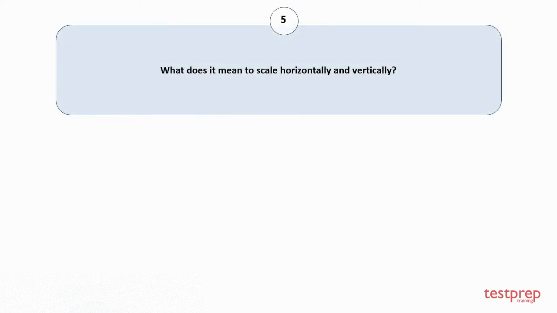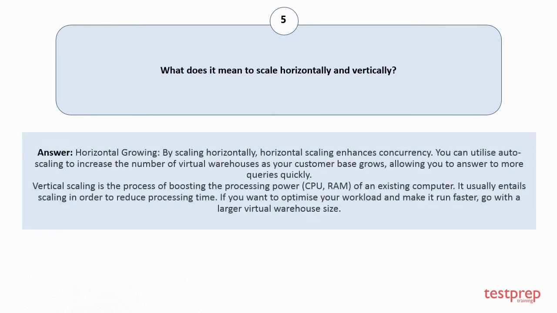Question number 5, what does it mean to scale horizontally and vertically? Your answer is, horizontal scaling. Horizontal scaling enhances concurrency. You can utilize auto-scaling to increase the number of virtual warehouses as your customer base grows, allowing you to answer